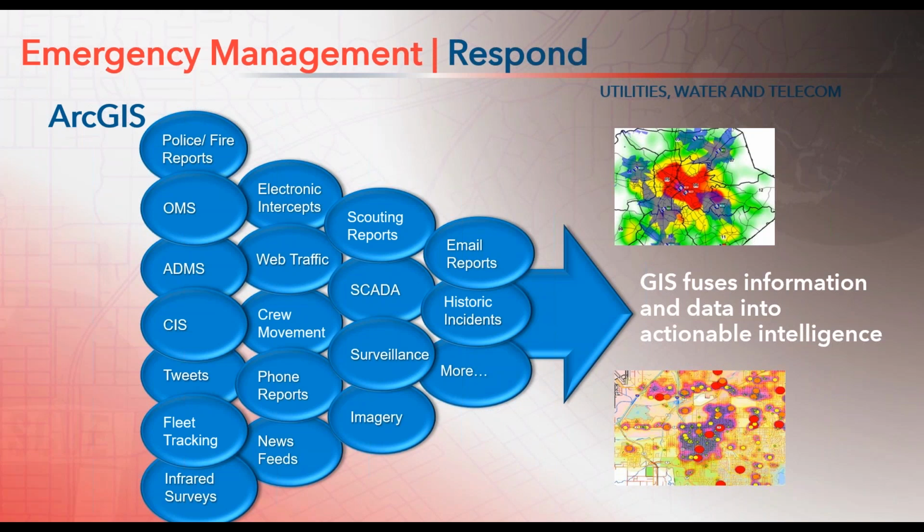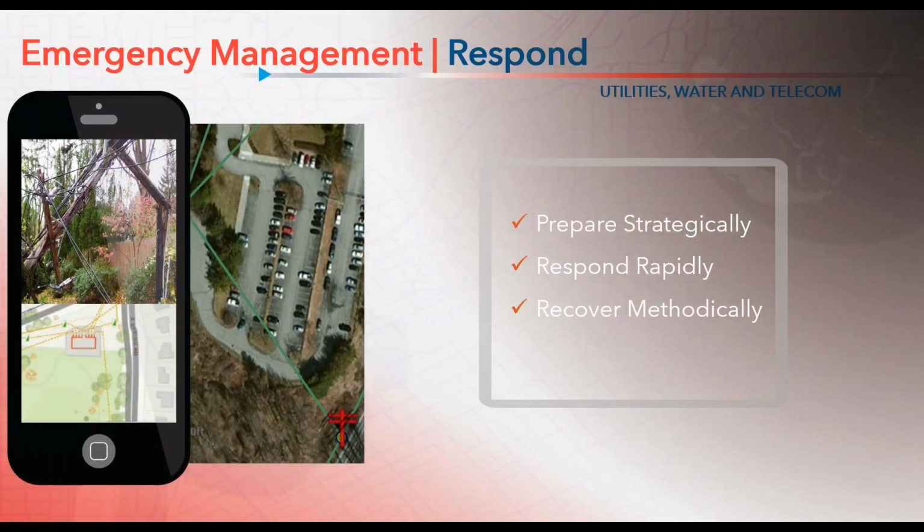Making that decision was very costly. So if the crews arrived and we didn't need them, Bob would have to explain why he pulled the trigger too soon. He'd gotten burnt several times. If he waits too long, then the nearby crews are spoken for. Then restoration takes longer. Either he'd have to explain why he wasted money by calling in crews that he didn't need, or he would have to explain why he didn't call in crews in time and restoration took longer than our neighboring utilities. He could just never win. What Bob didn't have was information needed to make the right decision. That's why ArcGIS is transformational.